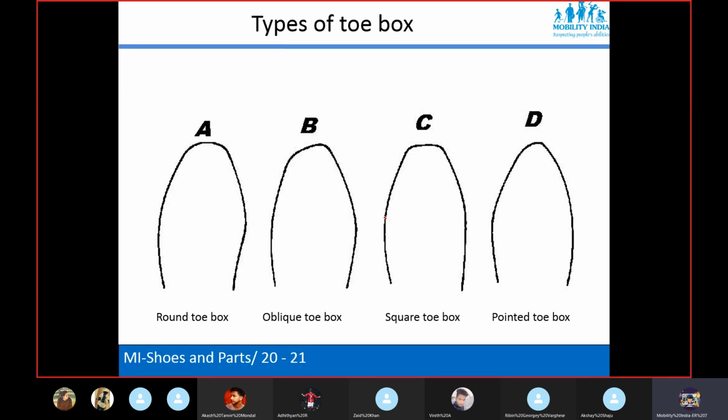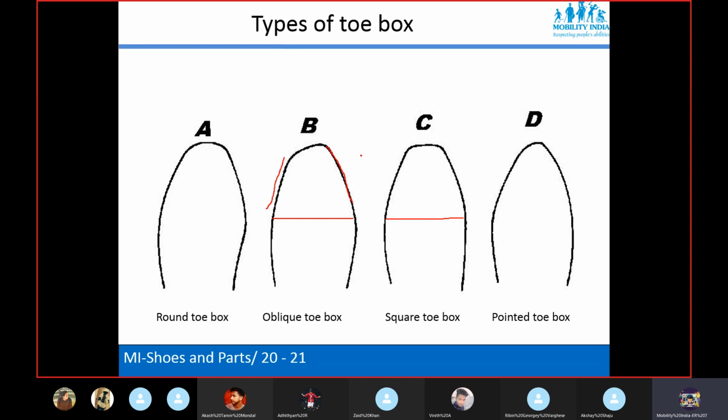So again our foot can be corrected. If you have a square type, if you have an oblique type, so oblique type here you can see this part looks like oblique, this looks a little straight.